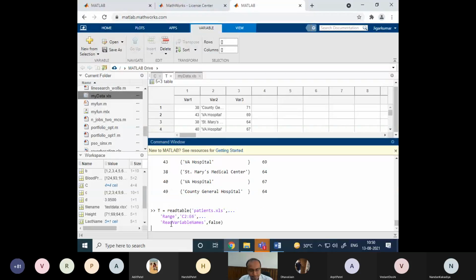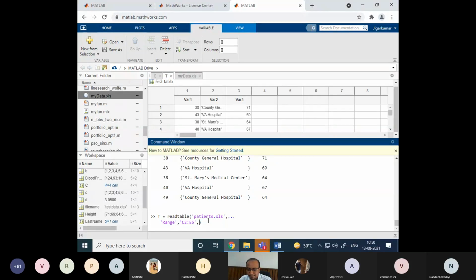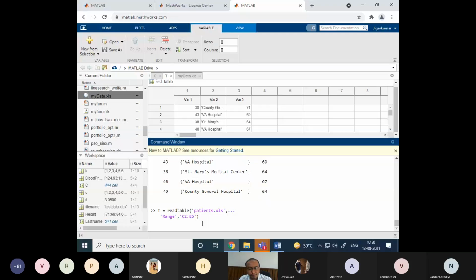Let me type the same thing without this third property. Let's see. It takes some time because we are running online on the cloud.